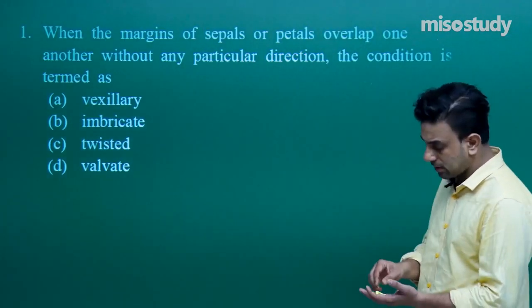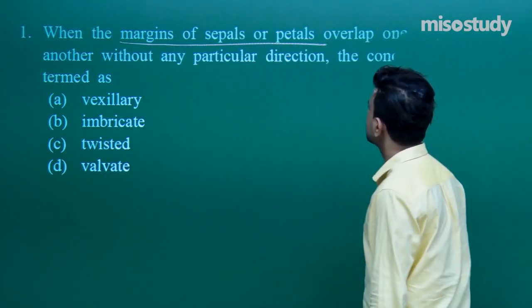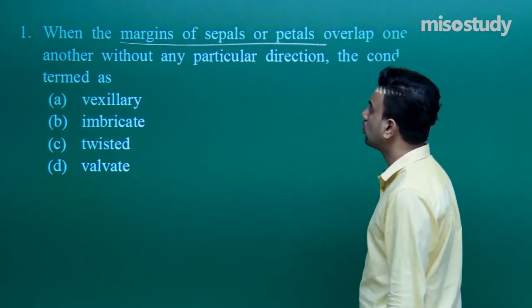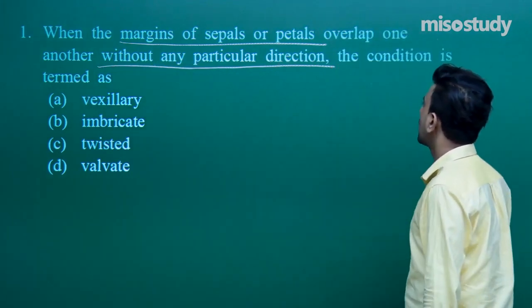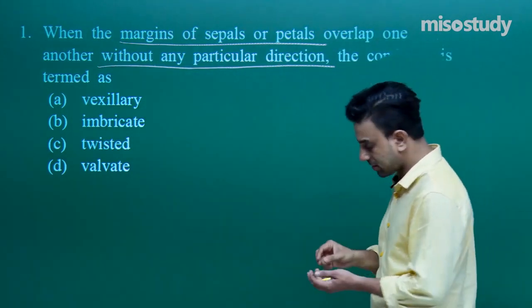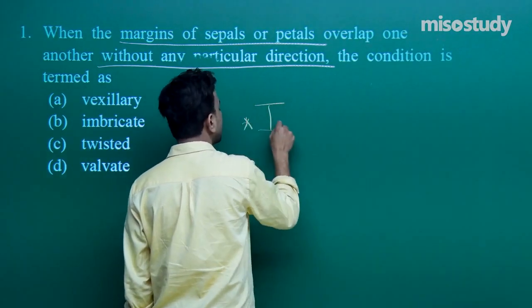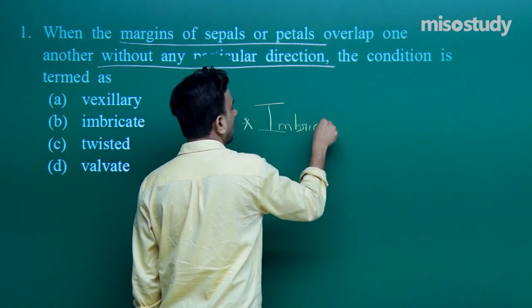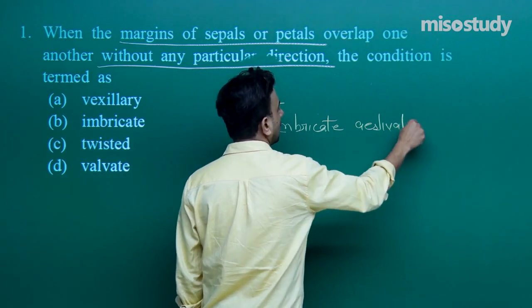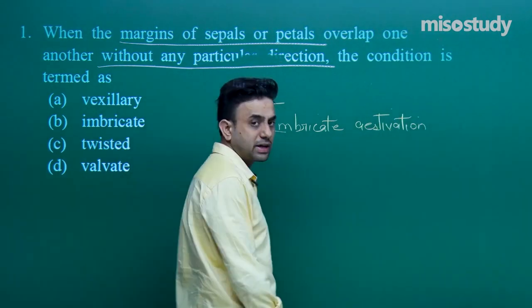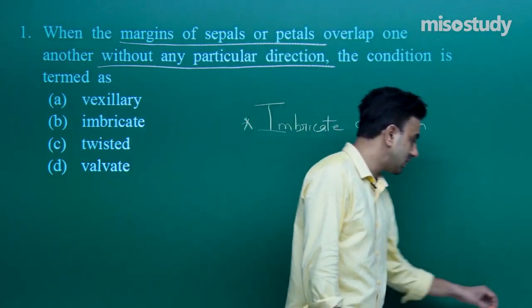When the margins of sepals or petals overlap one another without any particular direction, the condition is termed as, right. So we will see that imbricate estivation is a condition,